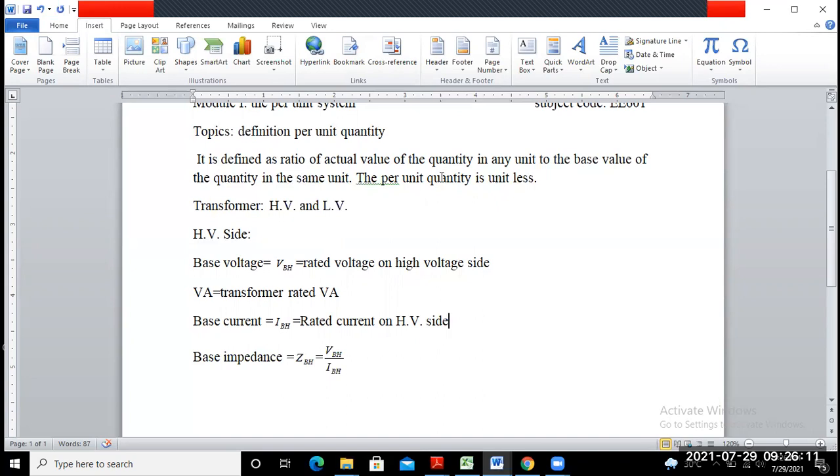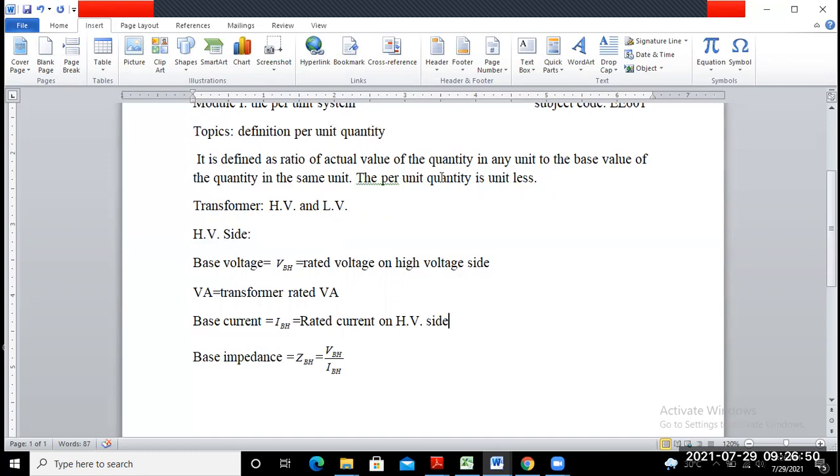have you remembered the equivalent circuit diagram of the transformer? We show the low voltage winding resistance and reactance, and the high voltage side winding resistance and reactance. Do you remember the equivalent circuit of the transformer? In both windings, that means LV winding and HV winding, the resistances are represented by suffix 1 and 2, R1 and R2, for the low voltage and high voltage windings, and similarly for reactance, X1 and X2.